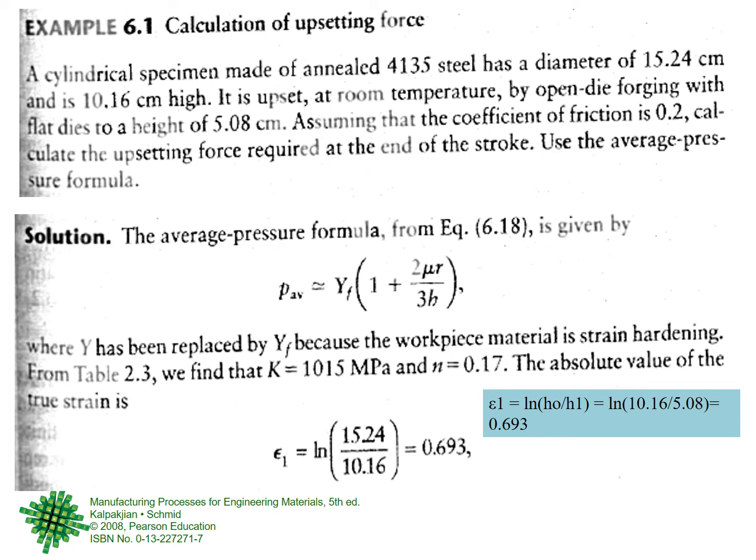Quickly summarizing the problem again, right? All the values are given, and based on your analysis, you know that this is the equation that you will use. In this equation, the final height is known, the final radius you don't know, the value of friction you know, YF you have to find out. YF, you have the equation K epsilon to the n, so you want to find the epsilon. Epsilon is ln h naught upon h1, so this is 0.693. This is wrongly typed by the book. So epsilon is given. Now once epsilon is given, you can put it in the YF equation and find Y.